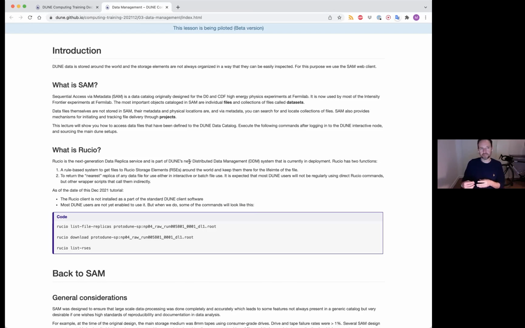We have another data management tool that is Rucio. Rucio is the next generation data replica service. It is part of DUNE's new distributed data management, and it is currently being deployed. It has two functions. The first one is a rule-based system to get files to Rucio storage elements, RSEs, around the world and keep them there for the lifetime of a file. So say we have a simulation file that comes back from a grid production job, lands on the scratch dCache at Fermilab,